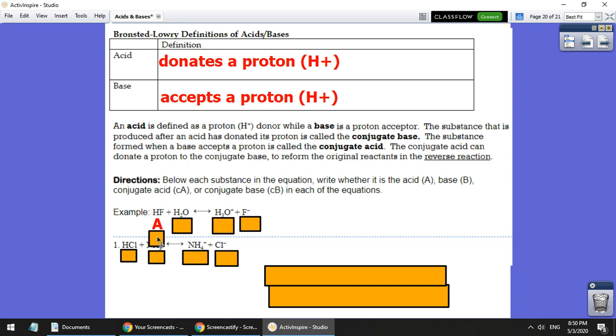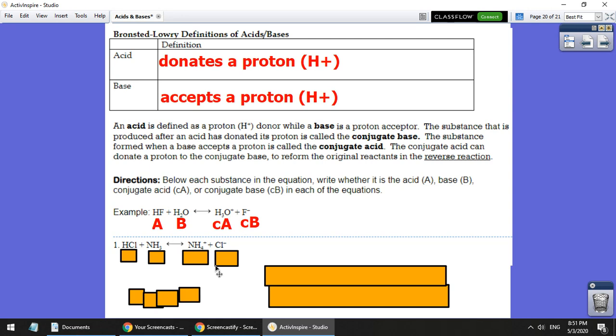So HF donates an H plus, it is an acid. H2O accepts that H, it's acting as a base. Going from right to left though, we can see that F minus doesn't even have an H to give, so it can't be an acid. H3O plus gives its H to F minus, which turns H3O plus into H2O. H3O plus is donating an H, it's an acid, and F minus is accepting that H plus, that hydrogen ion,